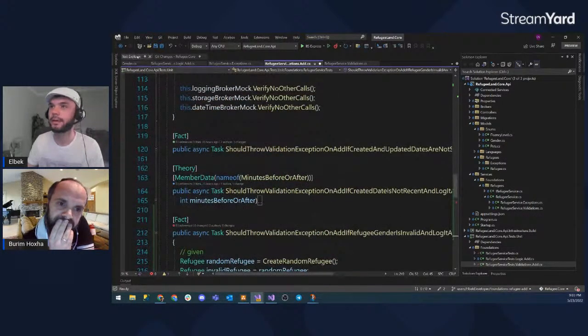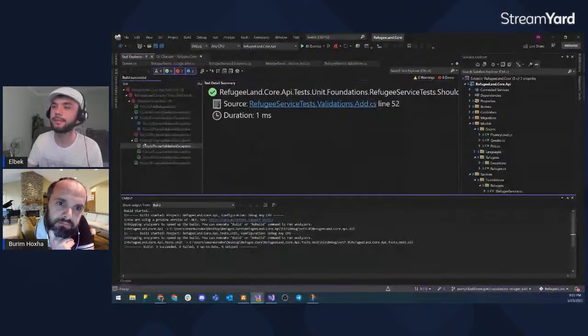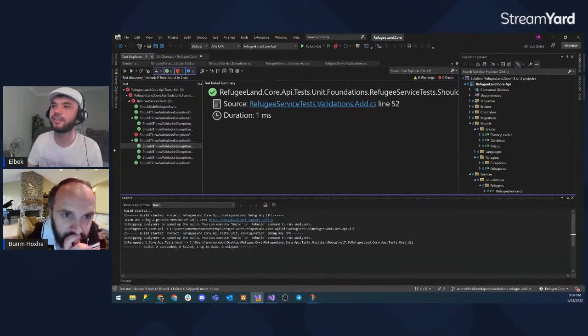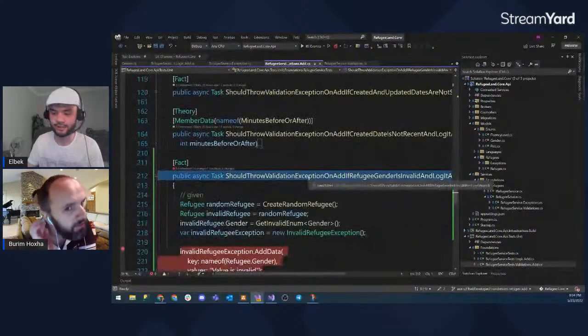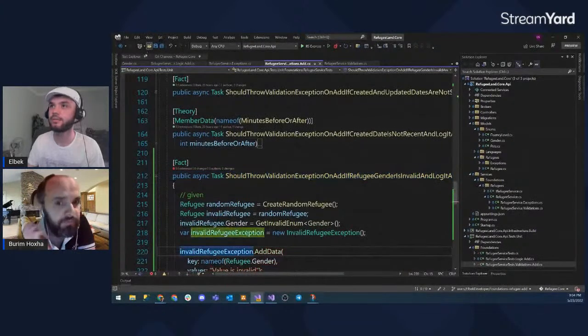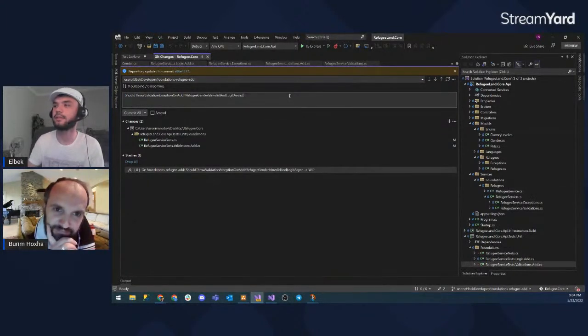Okay, let's go to the test explorer one more time. Red, green, blue. Okay, one failing, and that's what we want. And now you go to, oh, what happened? That's a method. Okay, fail,